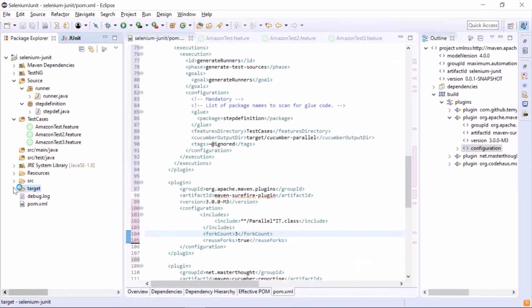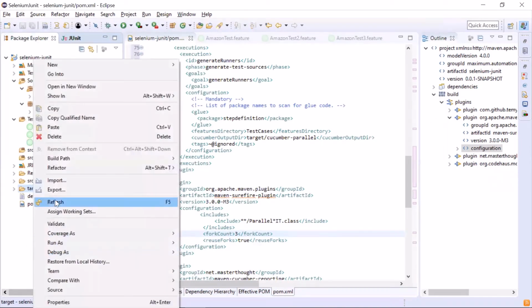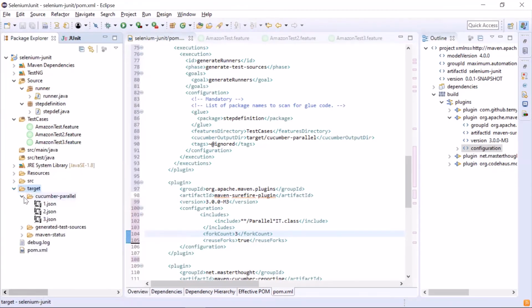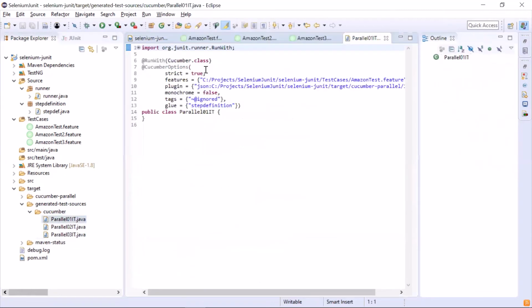Now, if we go to the target folder and refresh it, then we can see the generated test classes with the name parallel01it.java and so on. If you open each test class, then you will see that each test class contains one feature file name against the feature. So our execution has been completed.